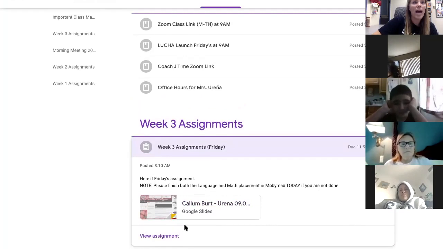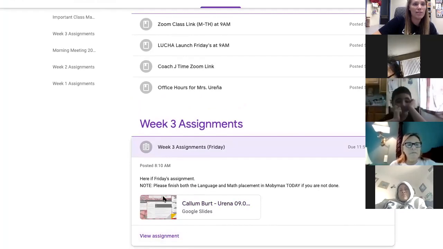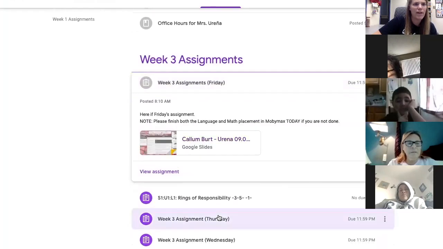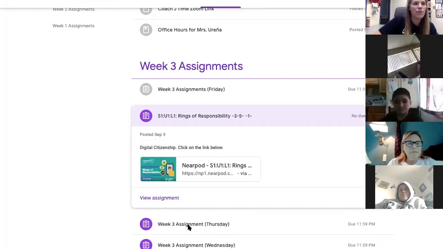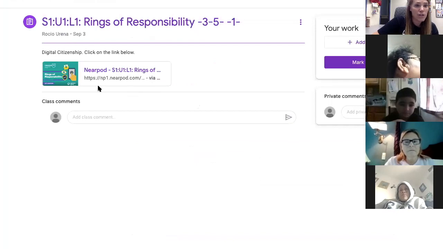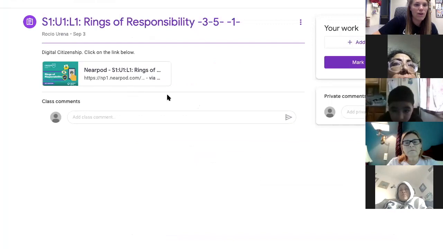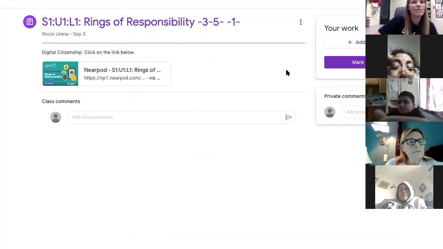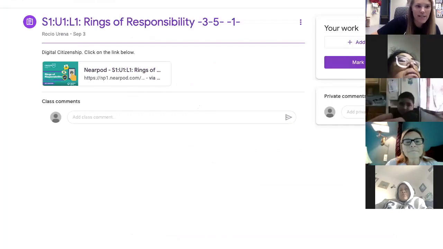And again, I'm going to go back in. You have to actually go to view assignment, right? So this is like a little preview tab right here. If I click on all these, I get a preview of what the assignment is. But until I actually click on view assignment, I won't be able to turn it in. On things where you don't have to turn it in, you can just click mark as done, right? So if the teacher is just saying, I want you to do this Nearpod lesson. Okay, Mrs. Orenia, I did it. Mark as done.